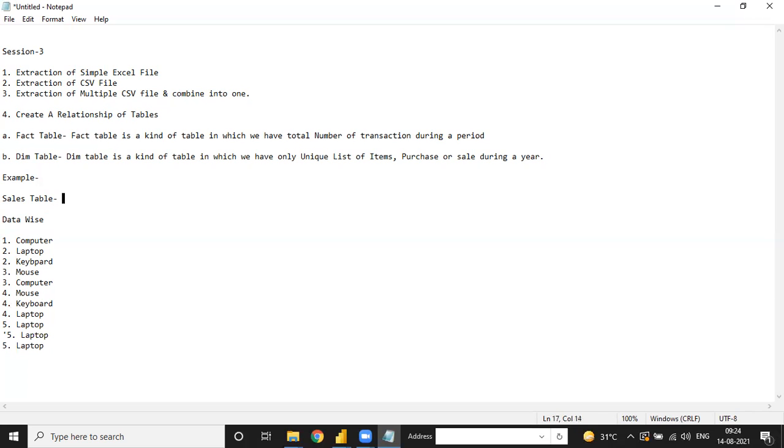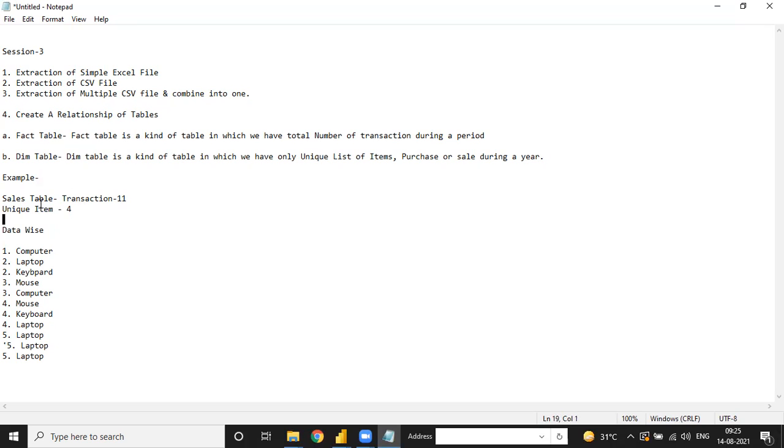The total number of transactions is 11, and the unique items under the dim table are computer, laptop, keyboard, mouse. So the total number of items is 4. Under the fact table we have the total number of transactions, 11, and under the dim table we have only the unique items, that is 4.